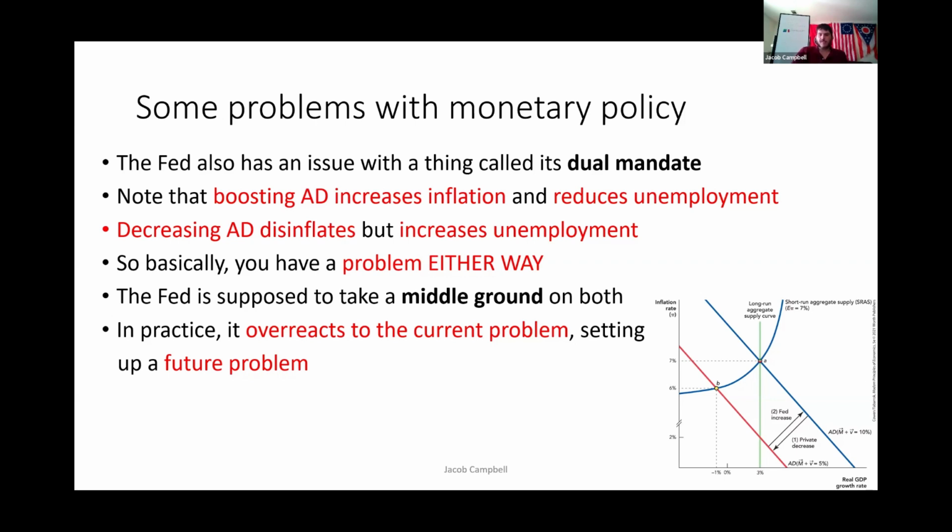Now, there are ways that a government can reduce unemployment and also reduce inflation, and that's through real growth. If your long-run aggregate supply increases, if you become more productive as a society, if you have a better business environment, say, lower taxes, more infrastructure, all of those nice things, a better educated workforce, then you can attack both problems at once. But the problem is all of that stuff takes time. And very often, there's a reason why you're not doing it.